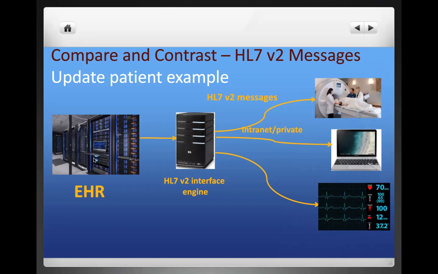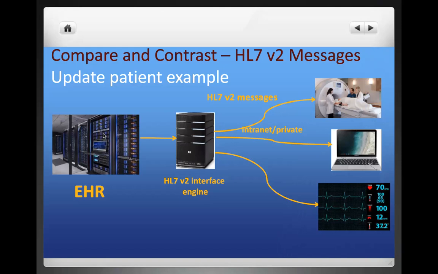A patient comes into a primary care office, and sure enough, the patient's address has changed. Or maybe it's their date of birth. Their date of birth was wrong. Date of birth is important. We have to propagate that message to all the different clients in the entire hospital. So we're going to change the patient date of birth at the admissions desk in the primary care office in